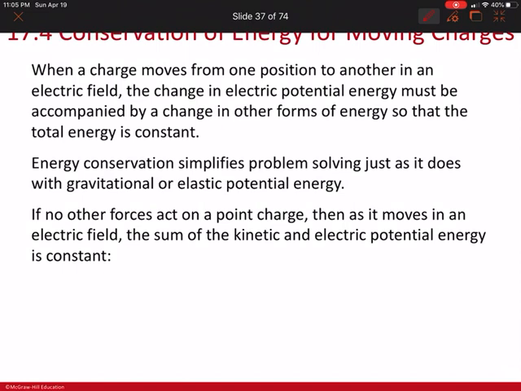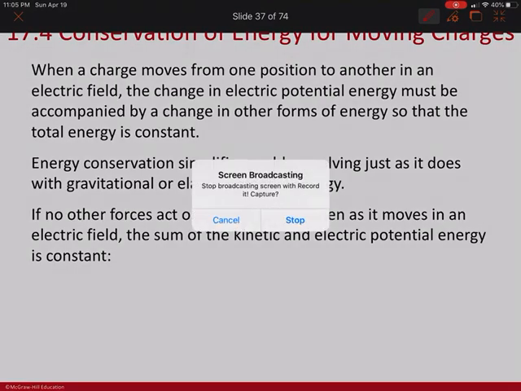And then finally, we're getting into conservation of energy for moving charges. So I'm going to stop the video since this is a new section and just start